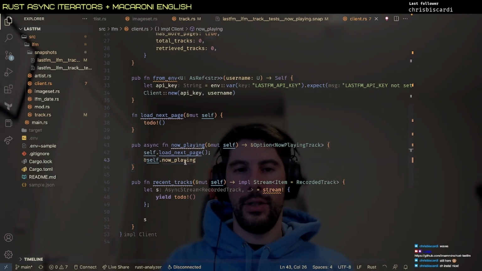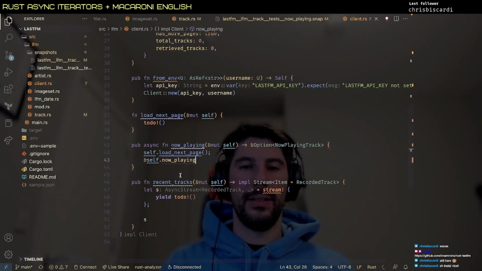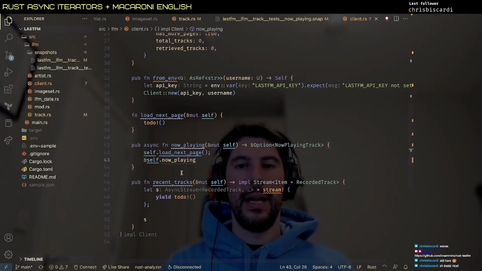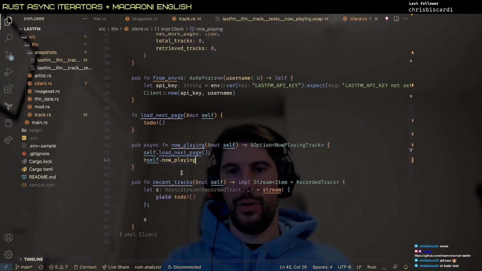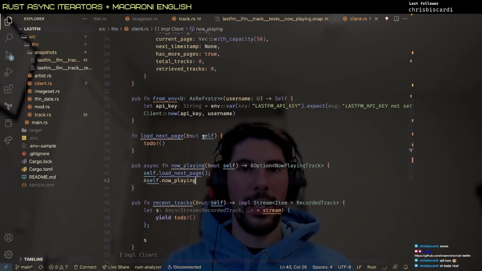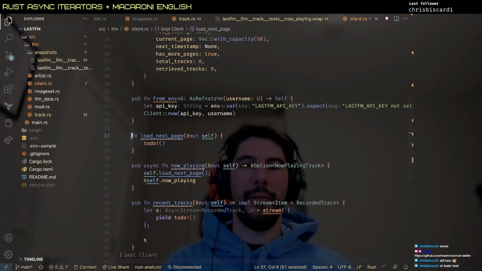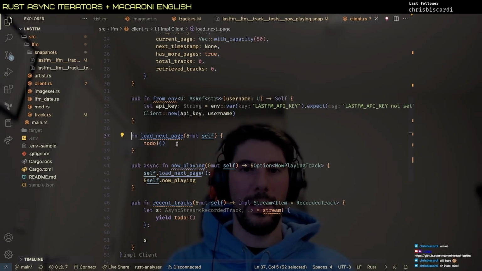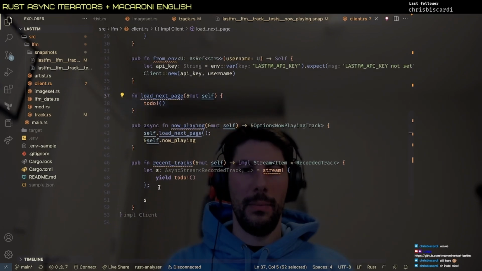And otherwise, the other thing that you can do is start to go through the entire history of recent tracks, from the most recent to the oldest in my archive, and that's basically giving us a stream. Now, I didn't implement any of this, so this is just scaffolding code. My intention is to create a generic function that can load the next page, and we should be able to do that because we have some of that code in the main, and then implement these recent tracks by basically